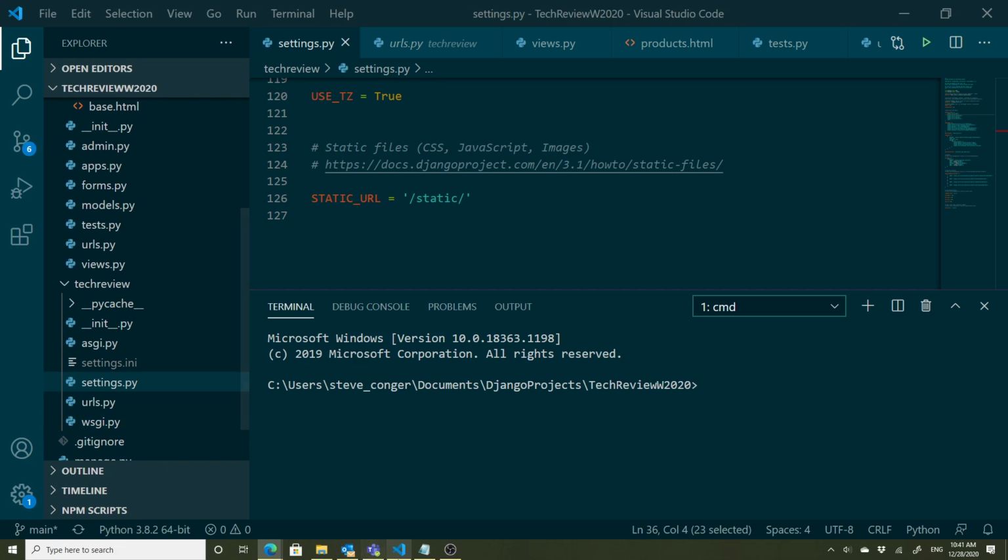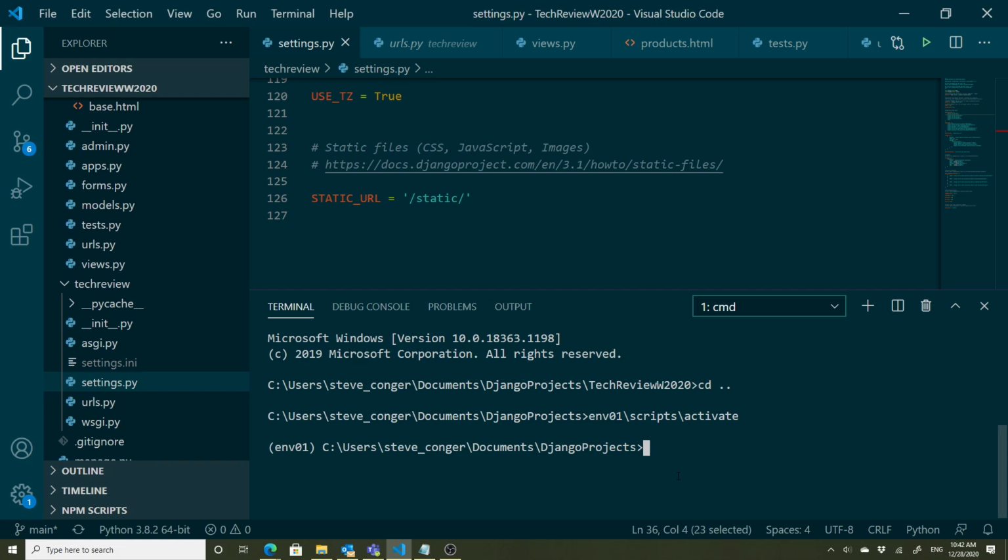I am going to real quickly down here, I need to get into the environment again. So I go back a directory and I am going to do env01. That should be O. Scripts, activate. You always have to be in the environment. I'm going to go cd tech review